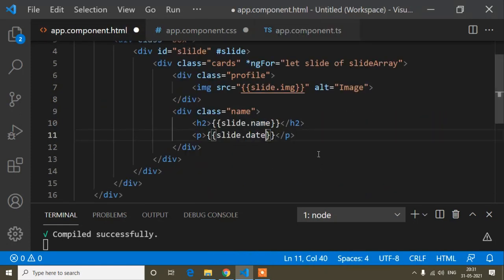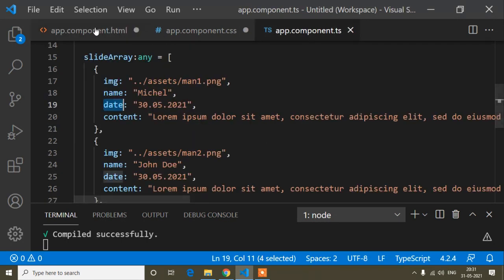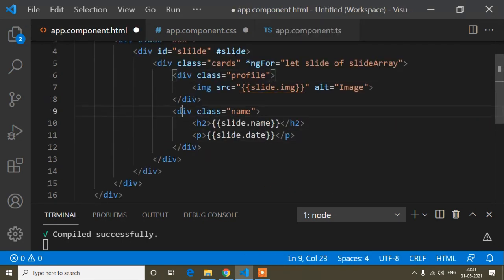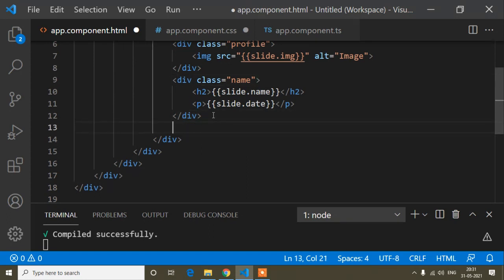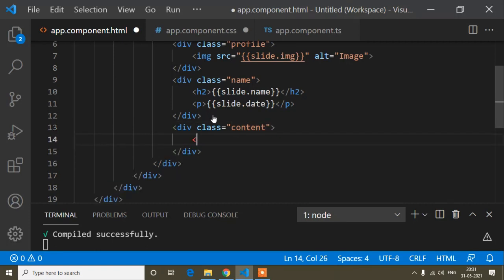Okay, so now guys, I missed one thing, that is I forgot to write the content. So here we have profile div, name div, and below this name div I will write div class content. Inside this content div, a p tag, and here I will bind all the content.